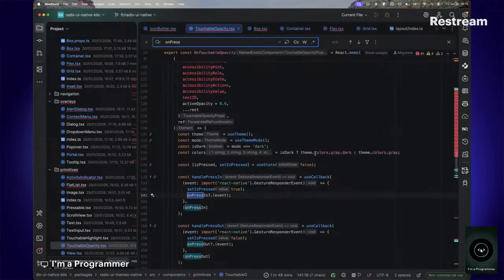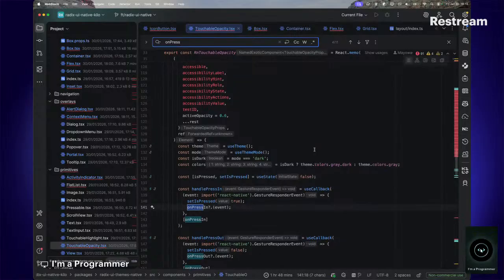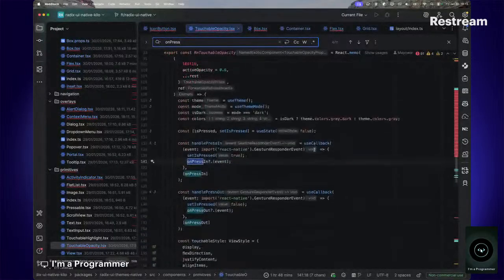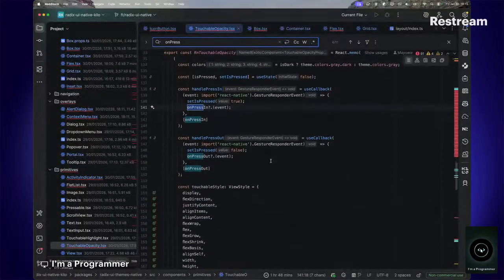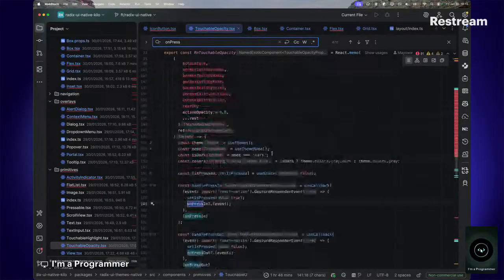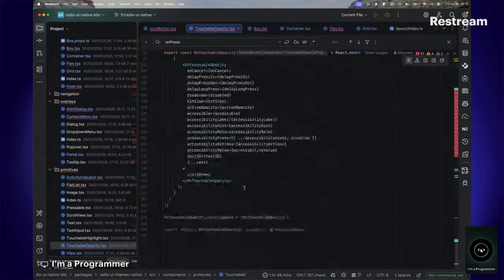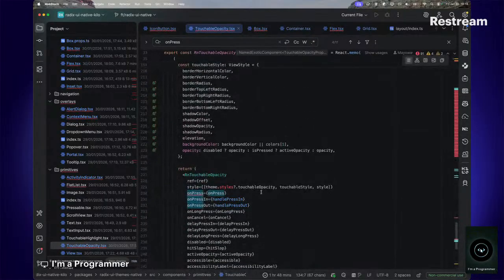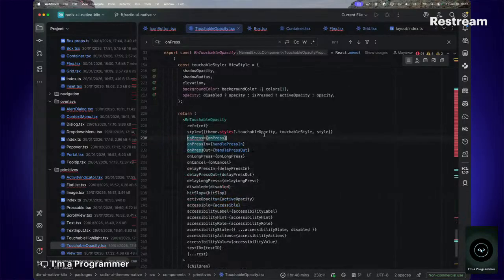Except the only reason that I want to use this is using the custom themes. It's finding the theme to be the one coming from the gray color, and the press coming from here is,